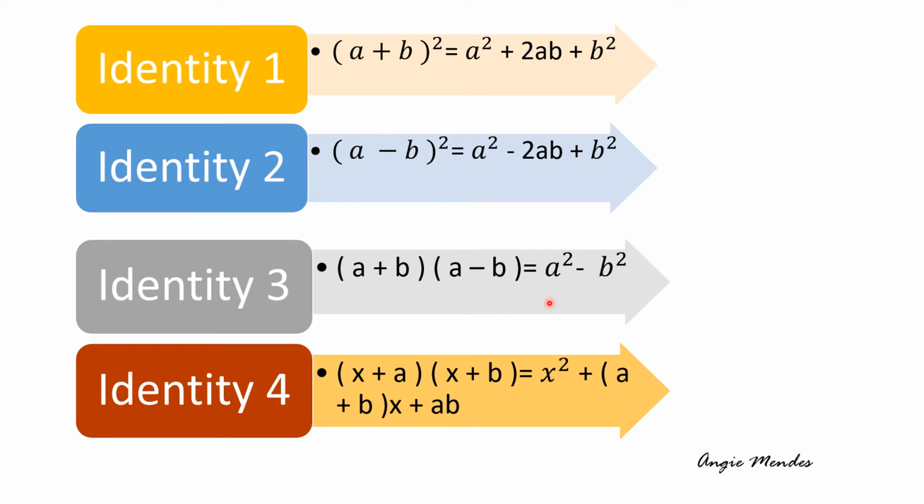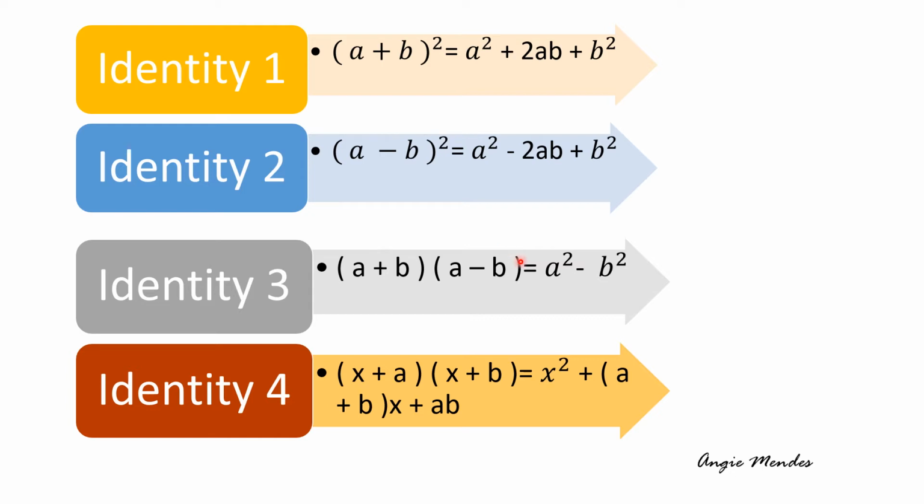Now when you take the first term plus the second term and you multiply it by the first term minus the second term, you will get the first term square minus the second term square. These identities are very important and they are very useful in our work, and they are specially obtained by multiplying a binomial with another binomial. They are also used to solve many problems on multiplication of binomial expressions.